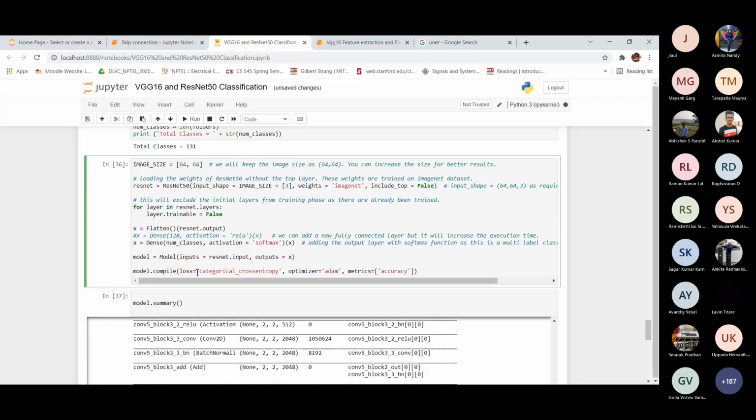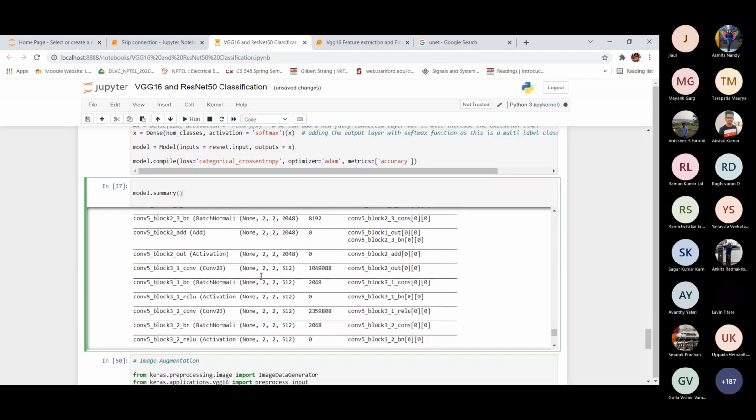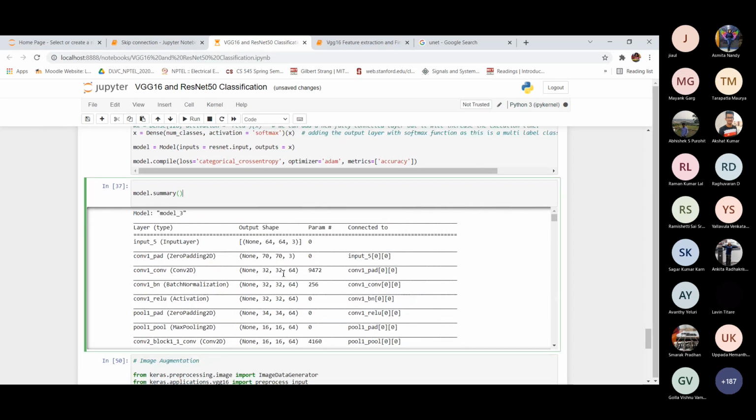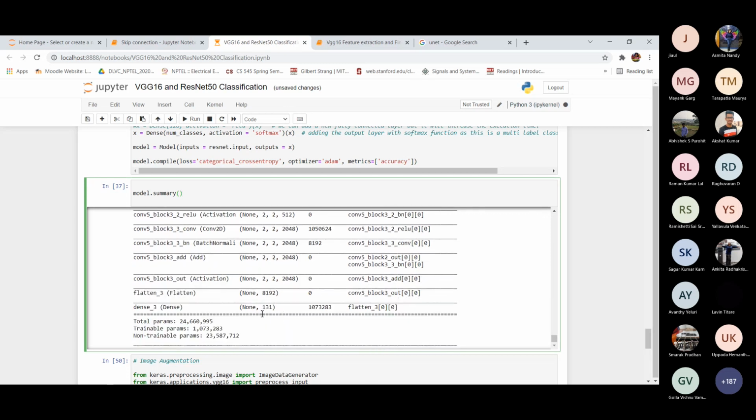Okay. And model.compile will add the loss function, optimizer and the metric we are going to use. So we can see the model summary here. It is 50 layers. It will start from 64 cross 64 cross 3, and at the end we will get the 131 outputs for the classification.